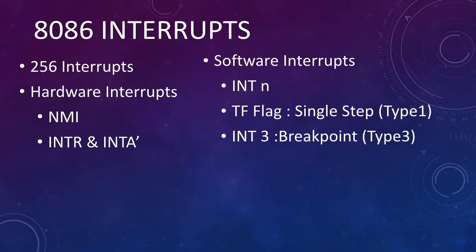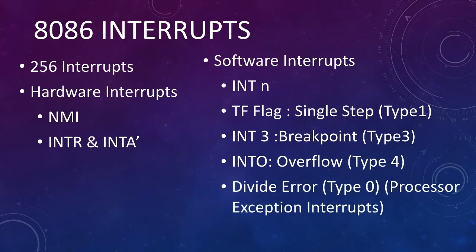When this interrupt is generated, 8086 stops the normal execution of the program and follows the breakpoint procedure. That is, breakpoints are put during the program and the microprocessor breaks the execution at those particular points, and the different status can be checked in between the execution of the program. INTO is a type 4 interrupt. It's the interrupt on overflow. So this interrupt is generated whenever the overflow flag is set.